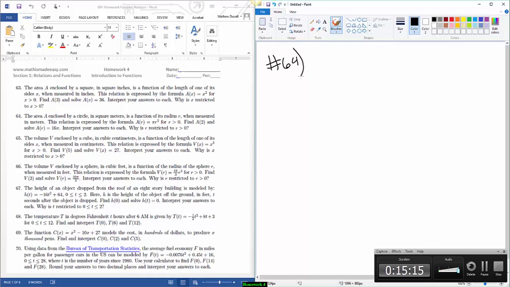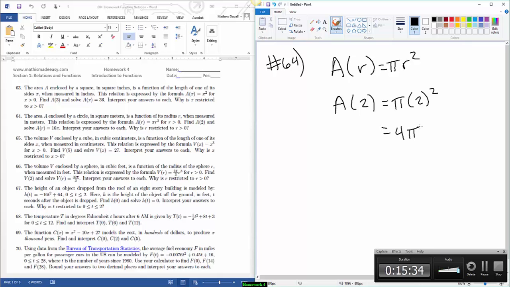So we know that our formula A of r has to be pi r squared. It says find A of 2. So that means that I have to plug in 2 into my equation, and so I'm going to get 4 pi. That's my answer. Then it says solve A of r equals 16 pi. So I'm assuming it wants me to solve for what r is, because there's no r there. So I know A of r equals 16 pi,